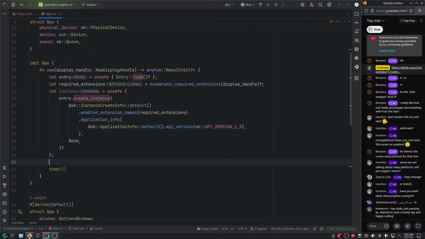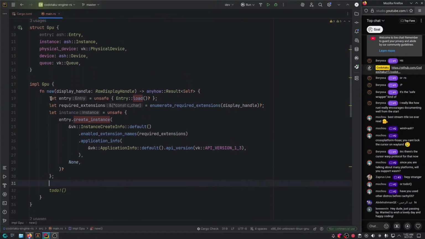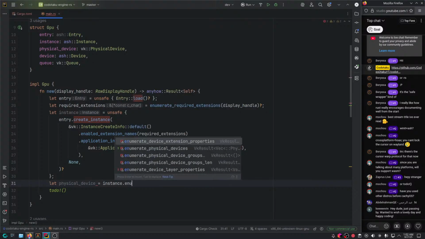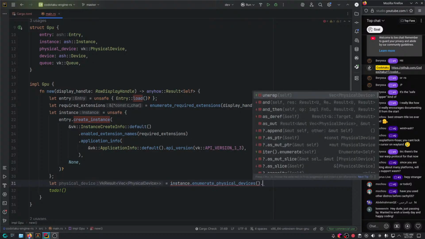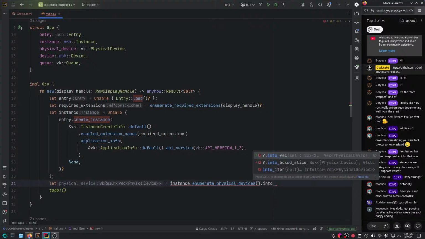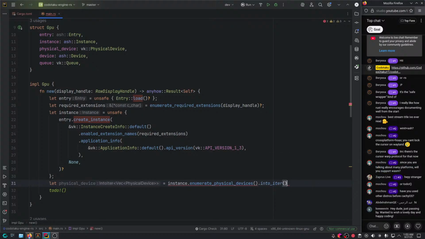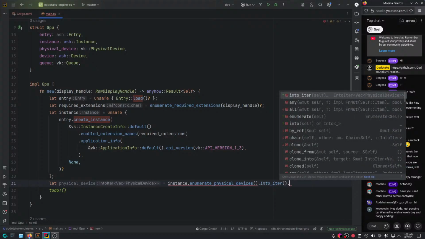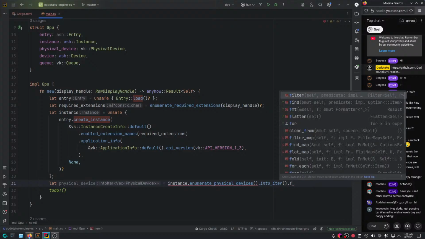Let's go to the next thing, which is the physical device. For the physical device, I'm just going to pick the first one, I don't care. Instance enumerate physical devices, and first of all we're going to make it into an iterator, I believe. Yeah, so we consume that iterator and then take the first one. How do we do that?